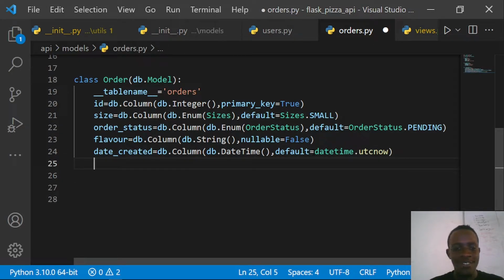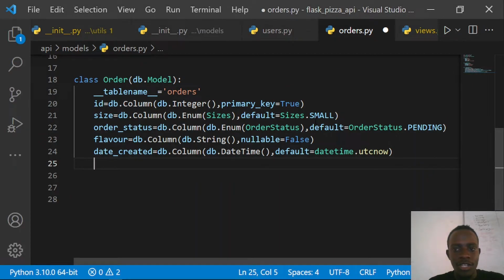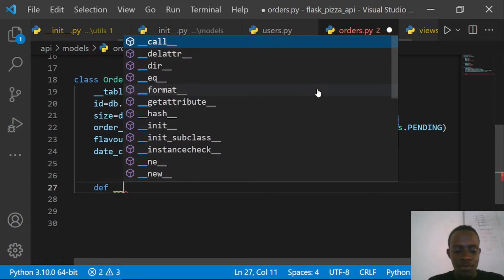Right after doing that, we're also going to create the is_staff and is... Actually, we don't need those because this is going to be our order table. So the remaining thing is to establish relationships between these tables. Now the beauty with SQLAlchemy is we establish these as relationships. So I'll go to the user table within our users model file. Actually, before I do that, let me first create our dictionary method on our